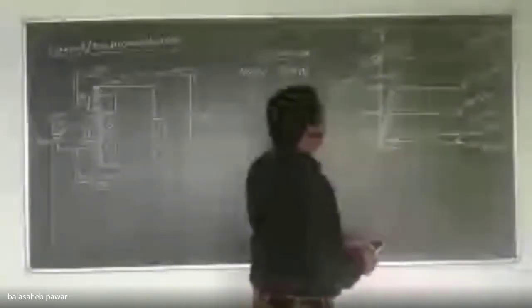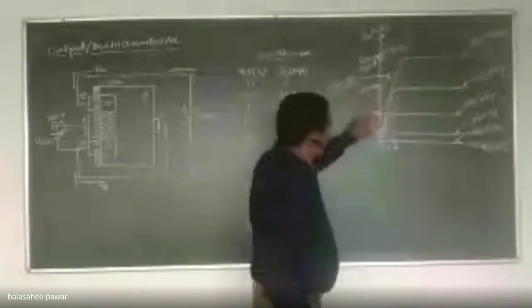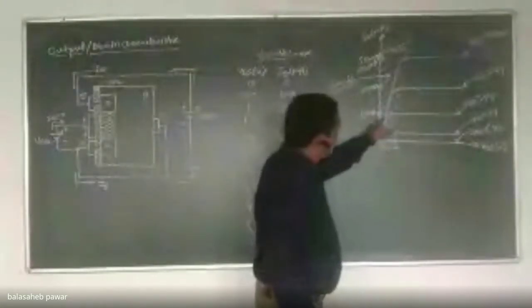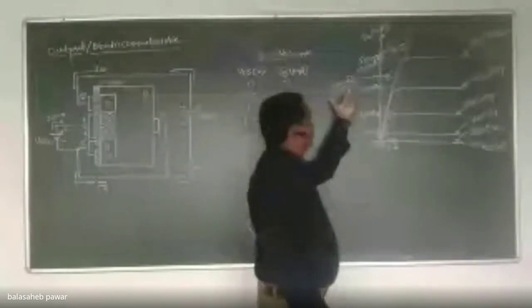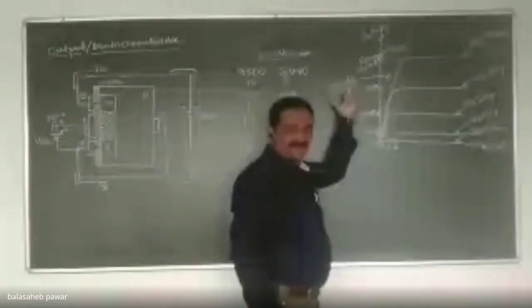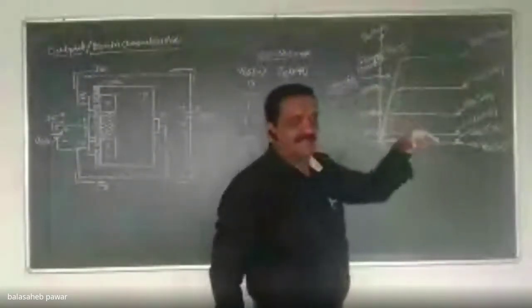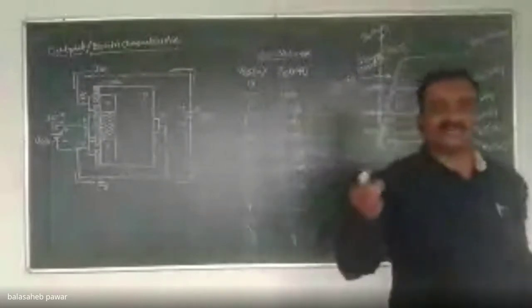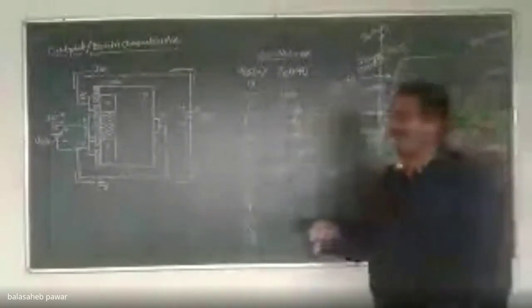So for MOSFET, remember, the region where the increase in output voltage increases the output current is known as the ohmic region. Remember this one. In case of BJT, this region is known as the saturation region. Now the region where, by increasing output voltage, there is no effect on current. That means current remains constant.